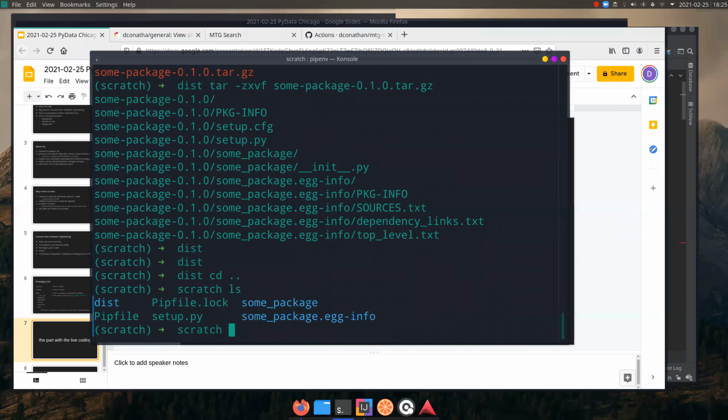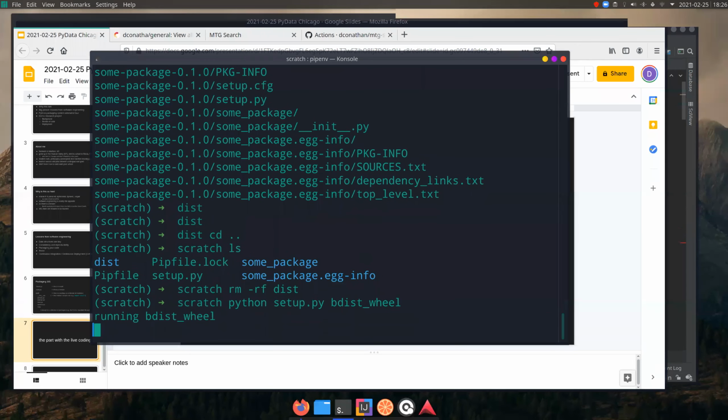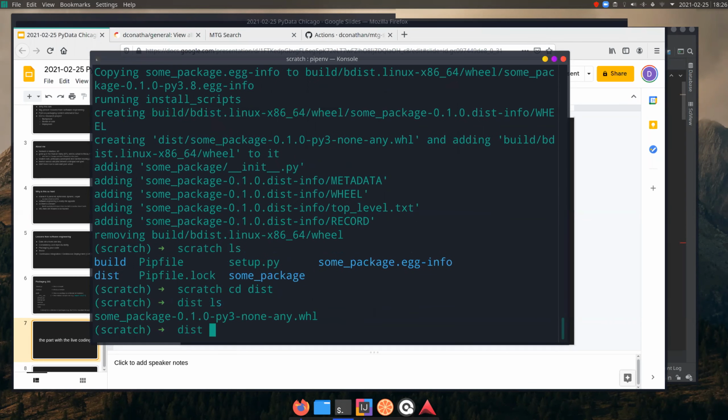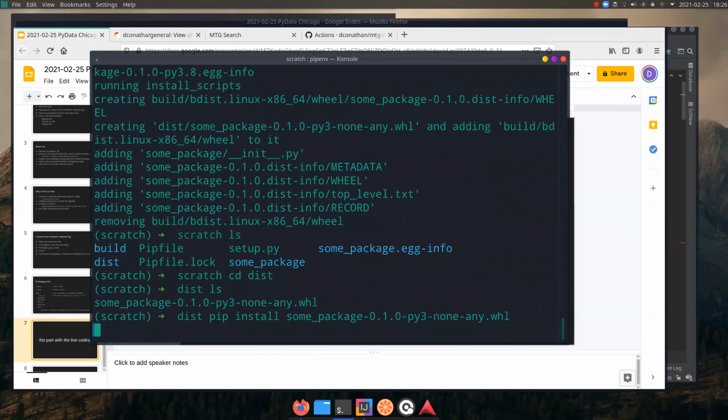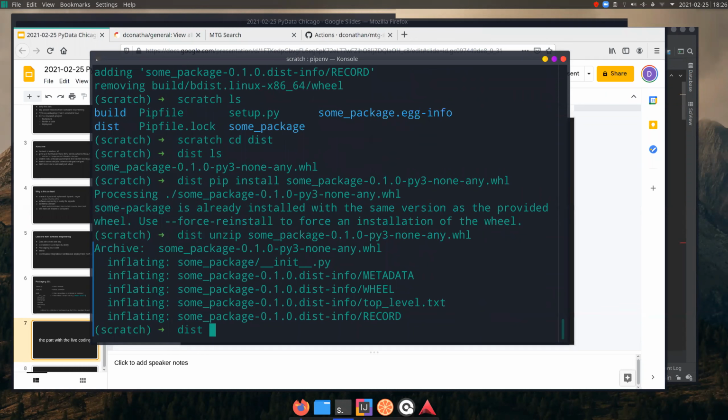Another, better way of distributing your package is a build distribution. And there's a couple different ways of packaging a build distribution. The standard way of doing that today is a wheel, and that's the recommended way. What this does in this dist folder is create this .whl file. And again, this is something I can pip install directly. It's going to complain that I already have the package installed. Well, this is just a zip file. And if I look in that,